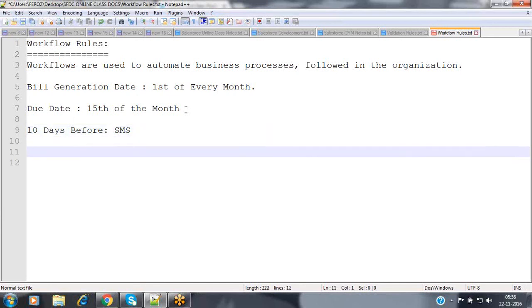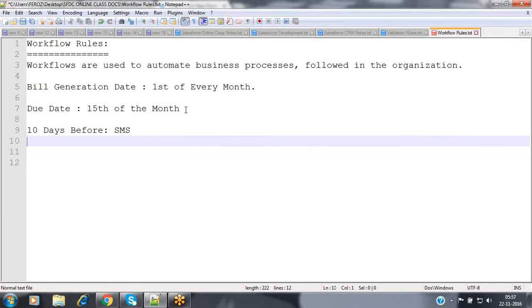So now, how can we remind this person? As a bank employee, do we need to make a call to every customer that you are reaching the credit card bill due date? No. I want to automate this process. This process has to be done automatically. I don't want to make a call to the customer. I don't want to send the SMS. I don't want to send the email notification manually. I want to make it an automated process.